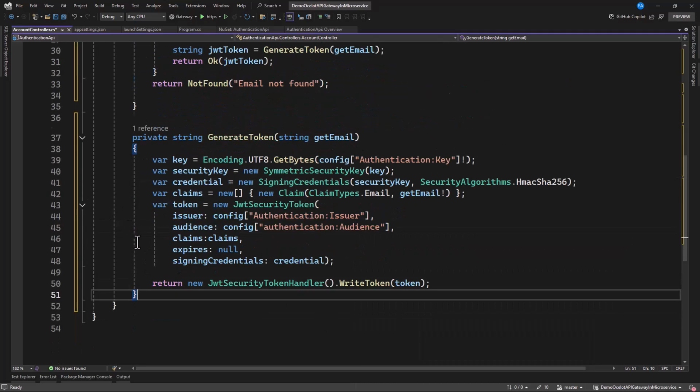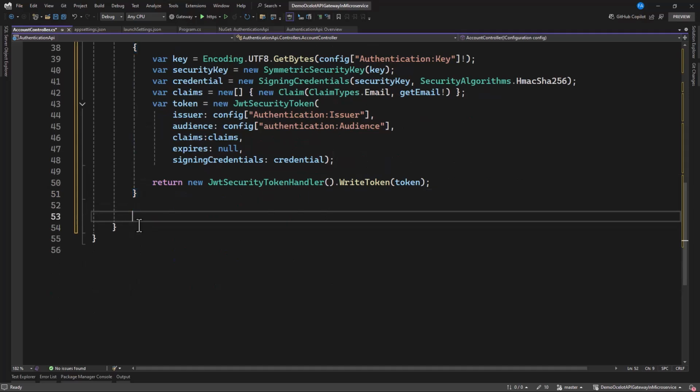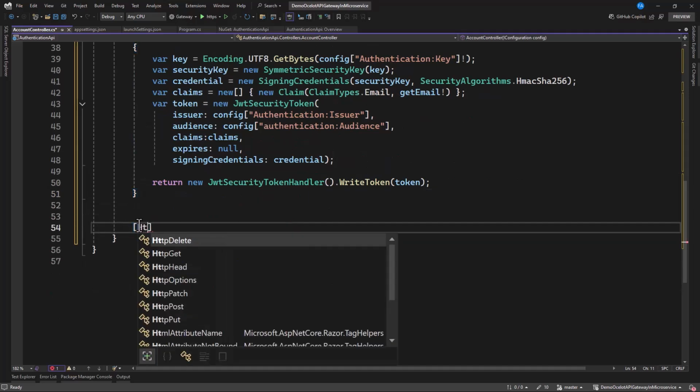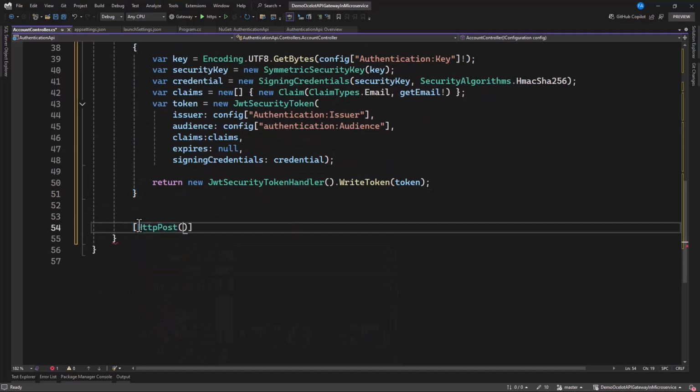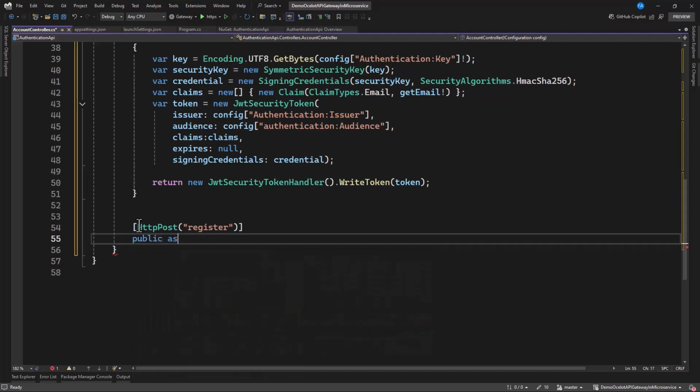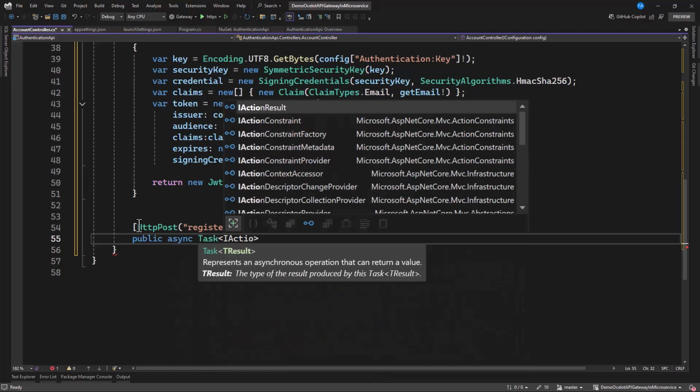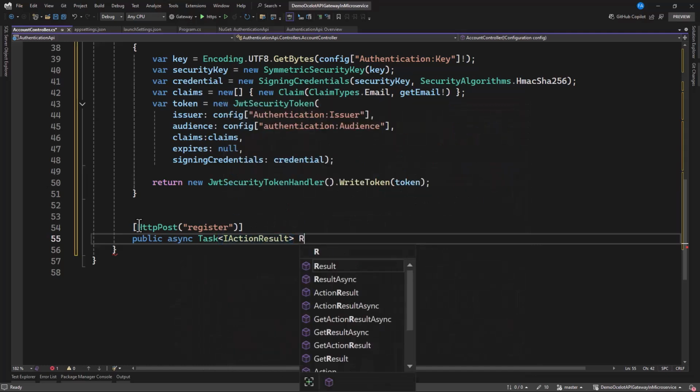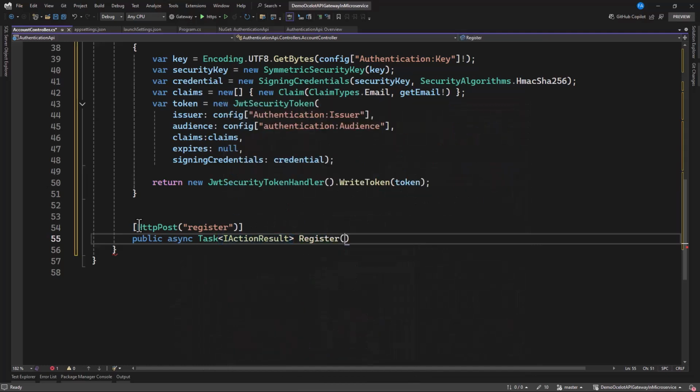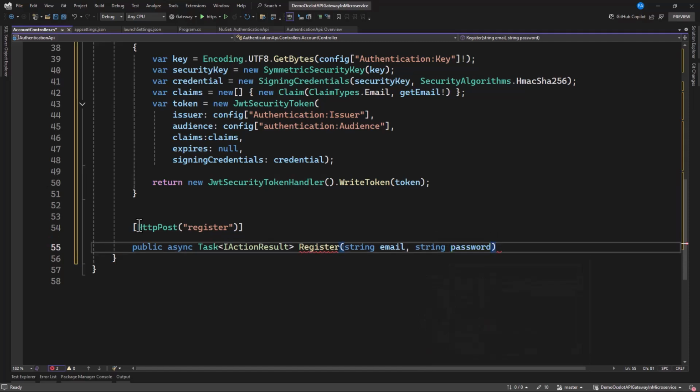Let's add HTTP post. And now here we say this is register, and we have our public async task, and that is an IActionResult. So we say this is register, which takes in string email and takes in string of what? Password. Then what are we doing?